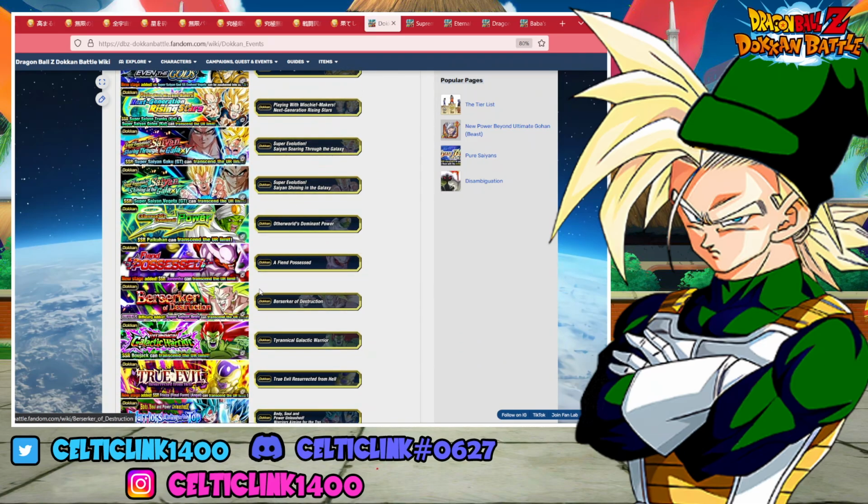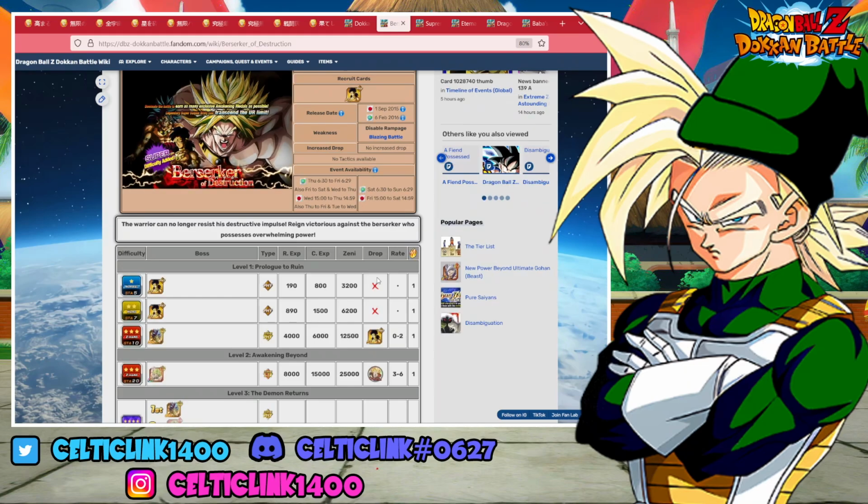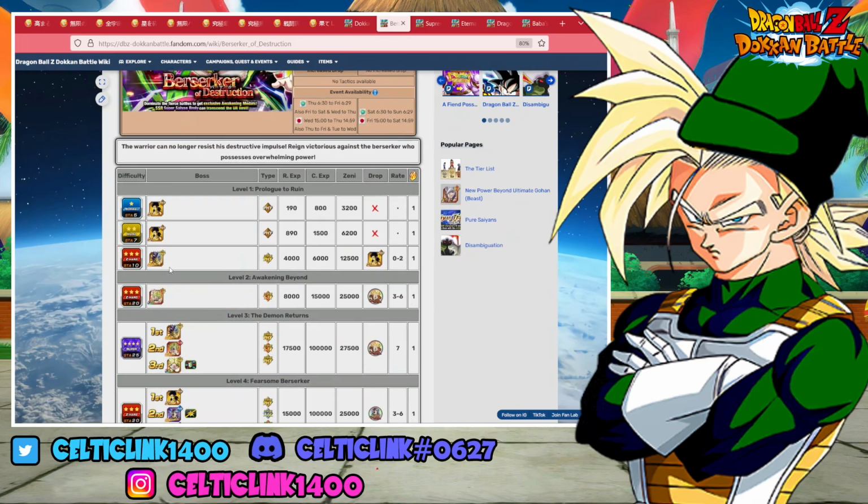Oh, where is he? Right here. The Berserker of Destruction Dokkan event, right? If we open this up right here, we show you guys it's the same as we talked about with the Fizz LR Broly. If you hop into stage 1, you grind out a bunch of copies of this SR Broly, you can awaken